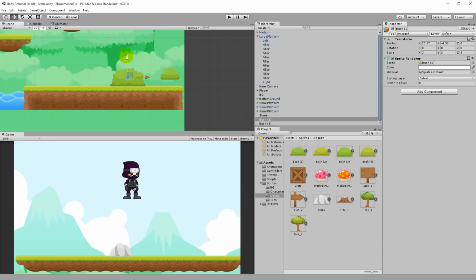So we can have one bush here that the player walks behind, and then another one in front of it here that the player walks in front of. Like this, like so. So the one that the player walks in front of is -1. The one that the player walks behind is 1.